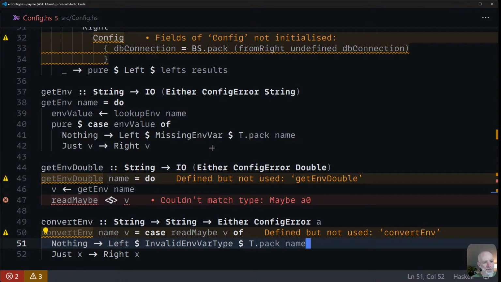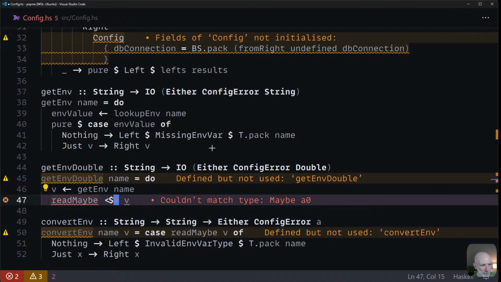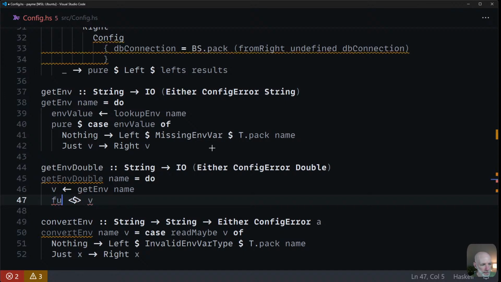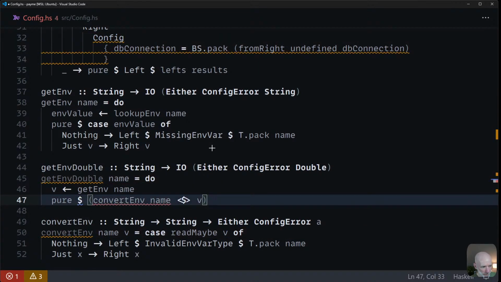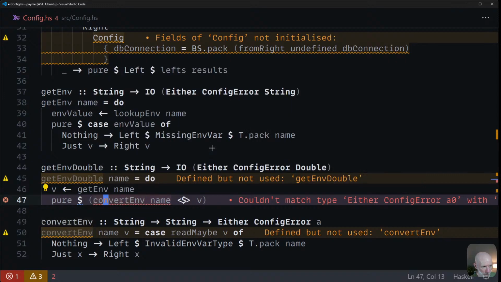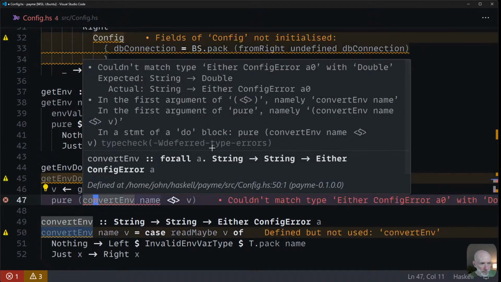Okay, so we try and read it. If we can't read it, then we return this invalid envar type error. Otherwise, we return the value. So then we can say pure of convert env name applied to v. I need more brackets here. Not the precedence thing, is it? No, it's not. Okay, so